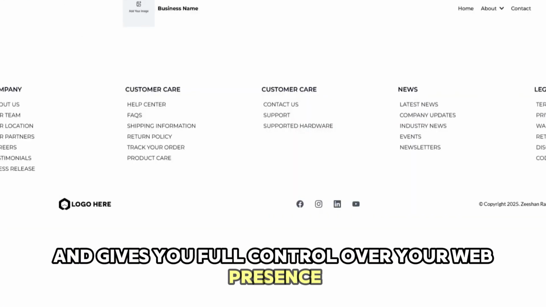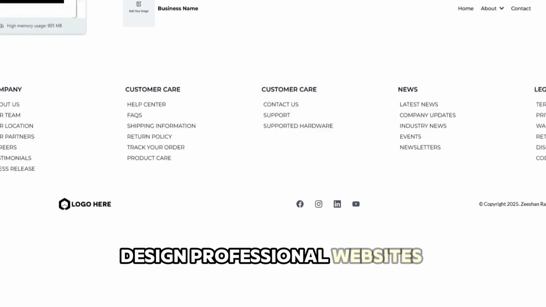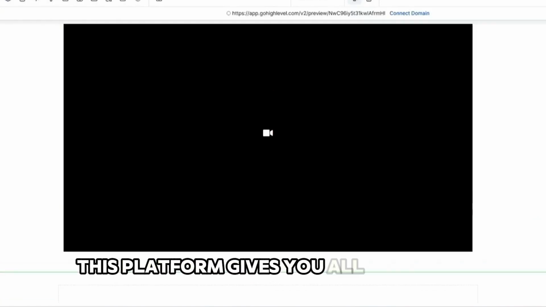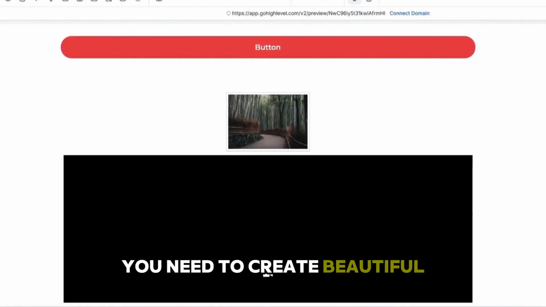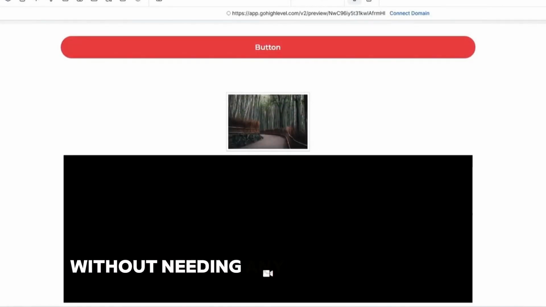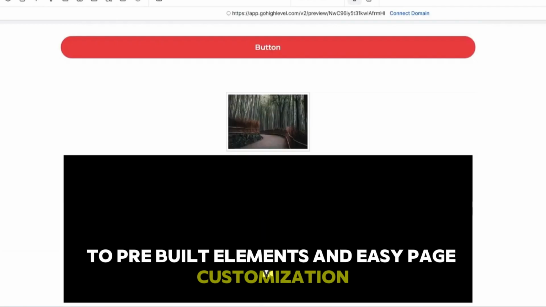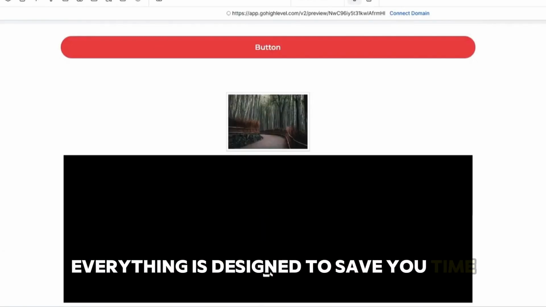over your web presence. Design professional websites effortlessly with GoHighLevel's Builder. This platform gives you all the tools you need to create beautiful, functional websites without needing any coding experience. From drag-and-drop editing to pre-built elements and easy page customization, everything is designed to save you time and make the